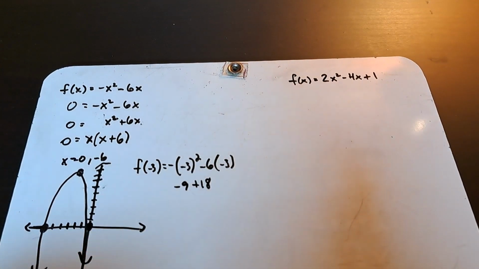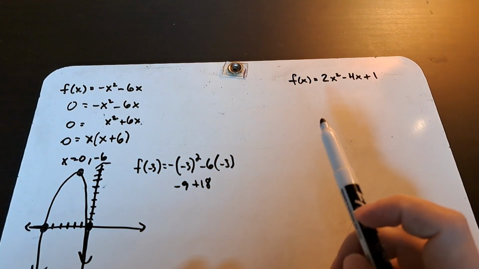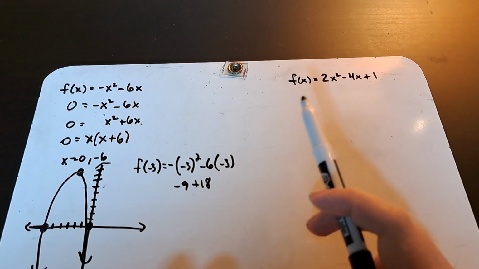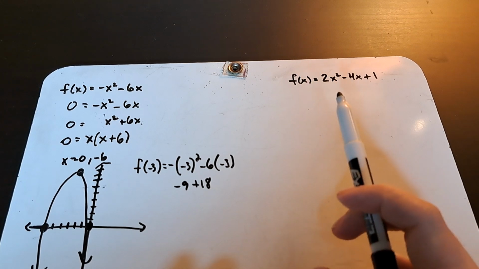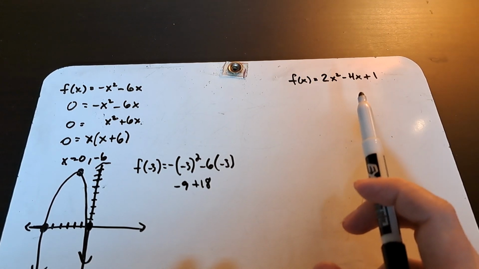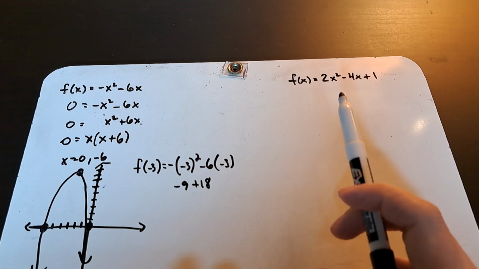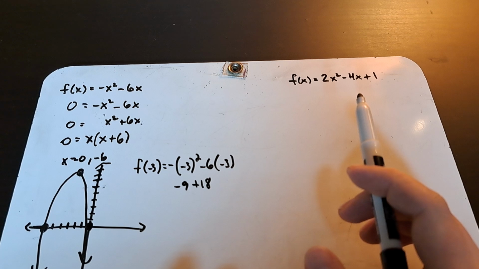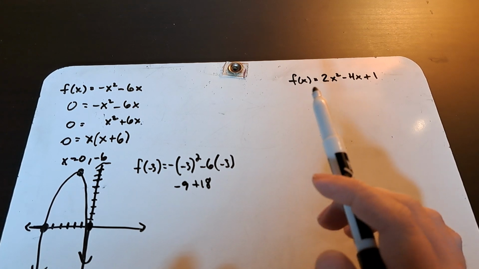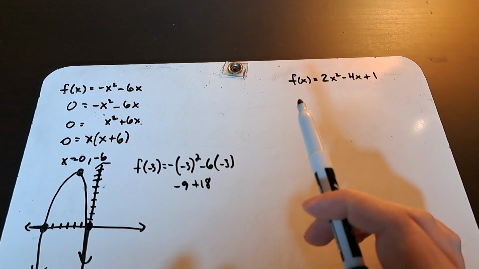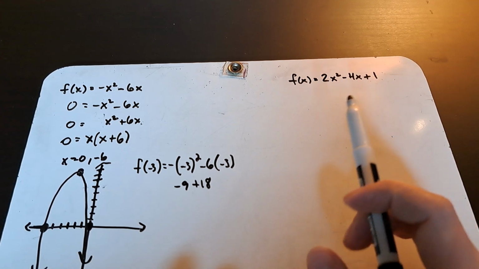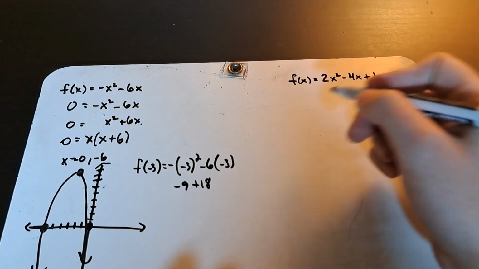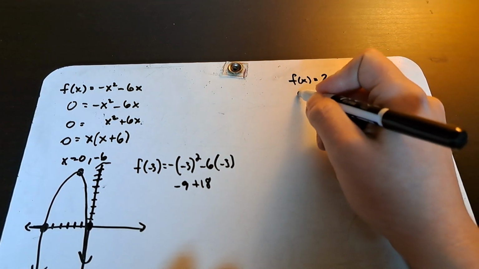Well, what about this one? Well, we could try to figure out if we can factor this and find the x-intercepts. But what I like to do with this is I like to find the vertex first. And if you were to complete the square here, you would be able to turn this into a function that looks like a transformation. But let's find the vertex first using the formula